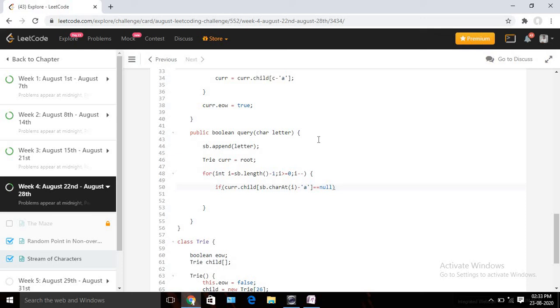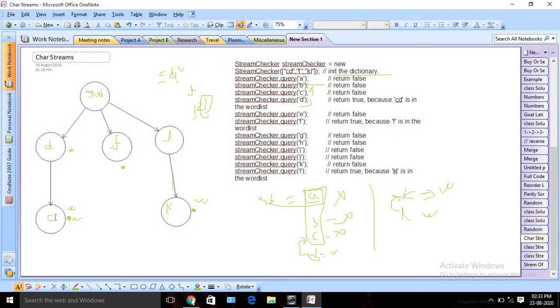Okay, so if it equals null, then we can return false, right? Null means that the particular node is not present for that character. So we can return false. And if it is not null, then we need to move downwards and check whether that is the end of word.